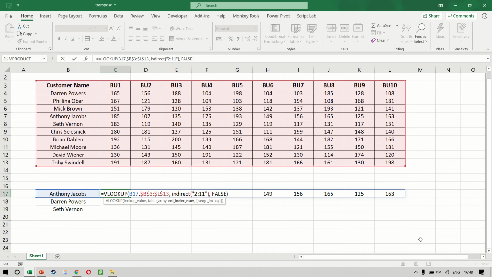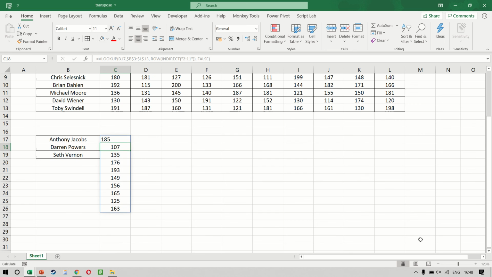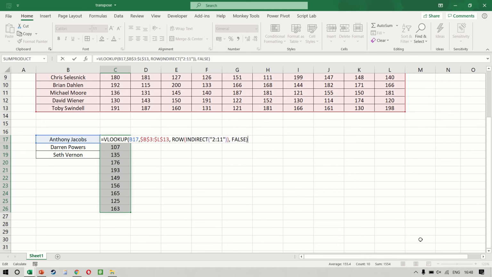This means that Excel will now convert 2 colon 11 into $2 colon $11. Now, because we want to expand $2 to $11 into 2, 3, 4, 5 all the way up till 11, we will have to now use a ROW function. And you notice that the result comes like this. So you notice that despite the fact that we haven't written every single column number, we have given a range 2 to 11, we are getting the answer.